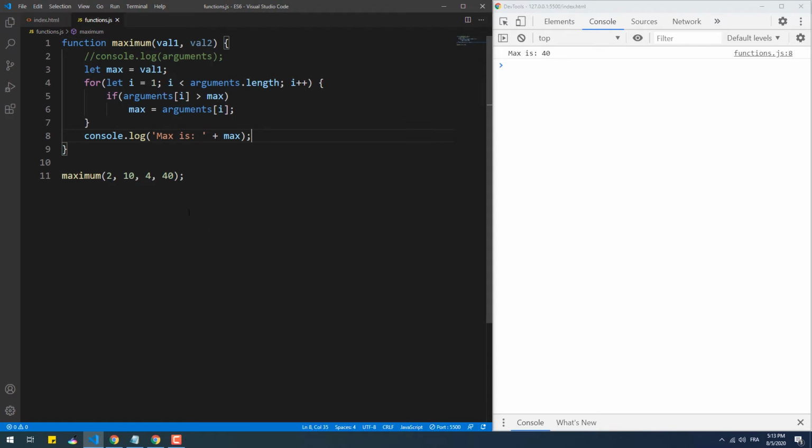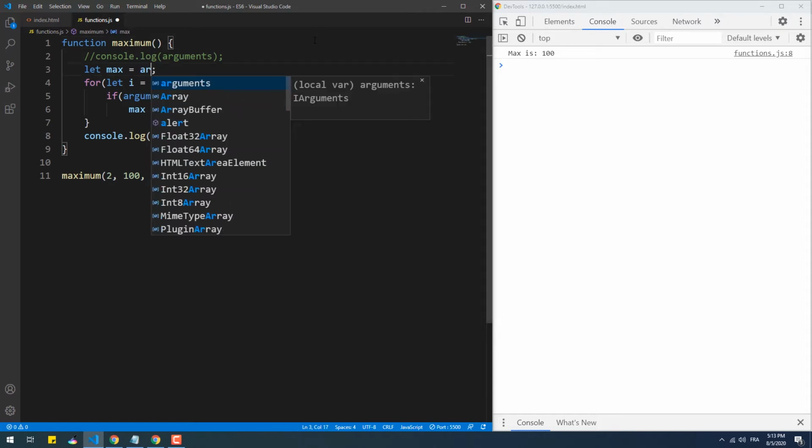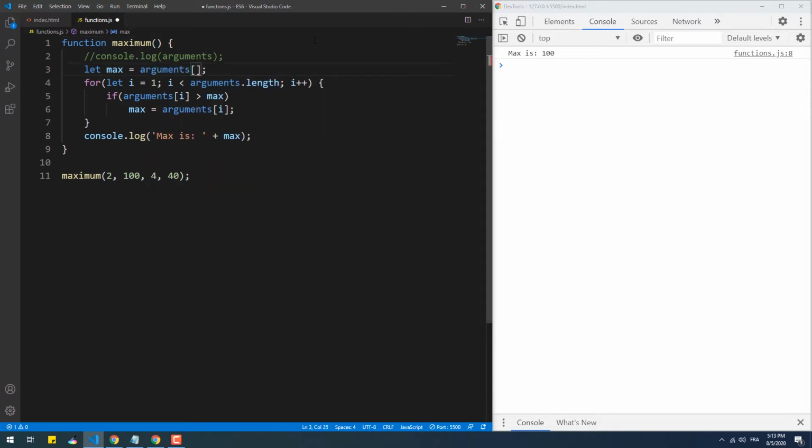As you see, calling maximum now with more than two arguments gives the correct answer regardless of the number and the order of the arguments. Actually, we can get rid of the parameters in the function's definition since we are not bound to a certain number of parameters. That being said, even though this approach seems to be working fine, it has a couple of